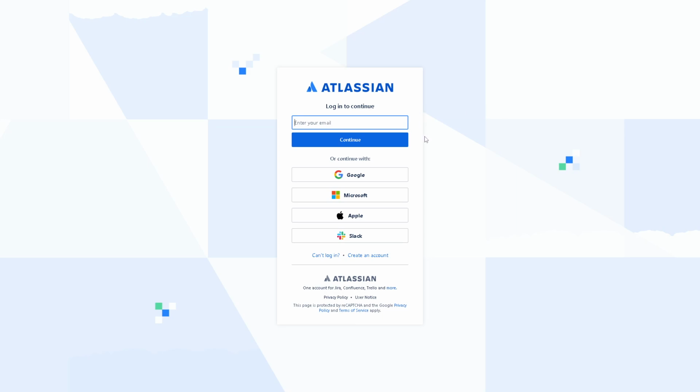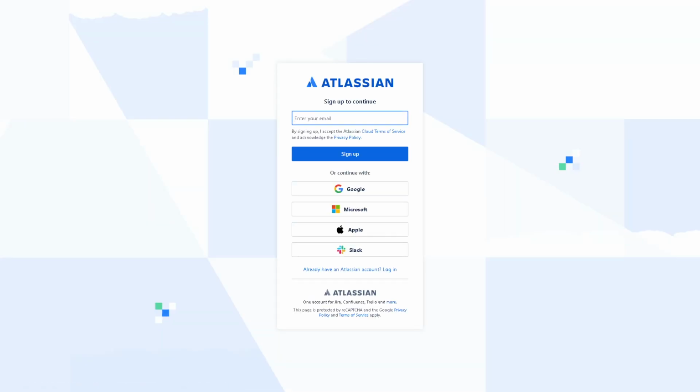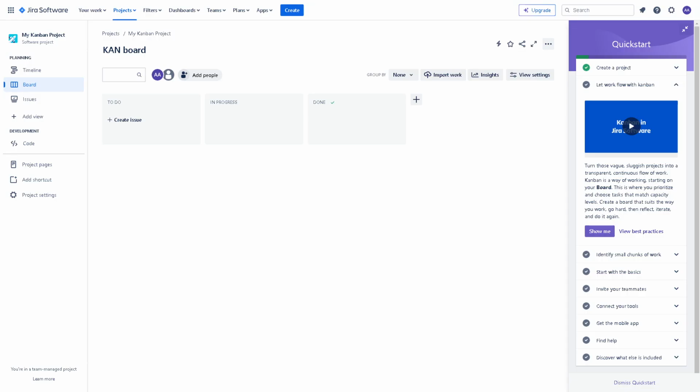credentials. And if this is your first time here in Jira, you might want to click on the create an account button. And from here, you can simplify the process by continuing with your Google account, Microsoft account, Apple, or Slack. And once you have done that, now once you are here on your dashboard, cloning an issue in Jira